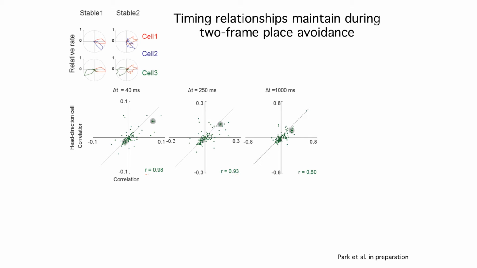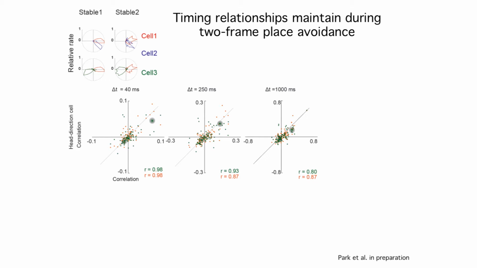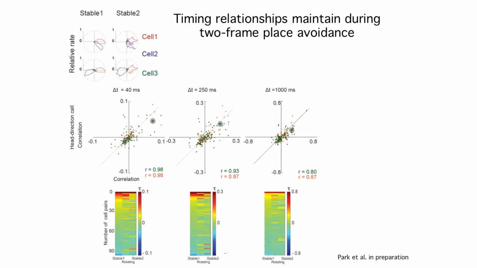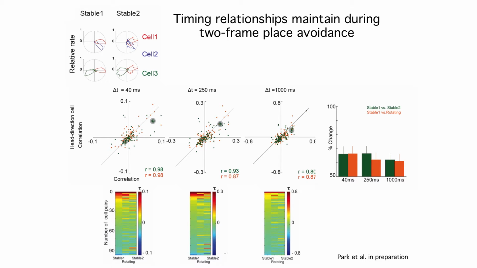So what happens when you do the same exercise for comparing the pairs of cells during the rotation? And what's remarkable is it looks exactly the same. You'll notice that the correlation here is very, very strong. If you know the relative timing or the relative correlation of a pair of cells in the stationary session, you have very, very high likelihood of knowing it during the rotation, despite the cells not showing you very well organized directional tuning from the external point of view. It's just another way of showing the same data.